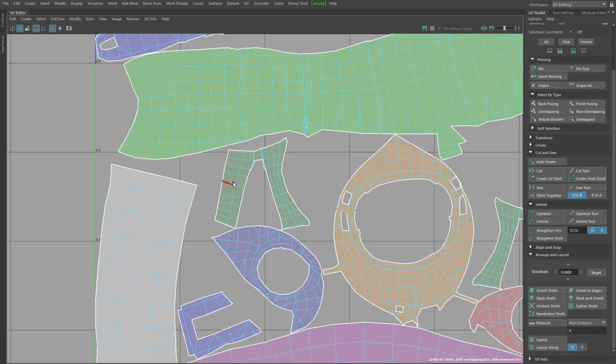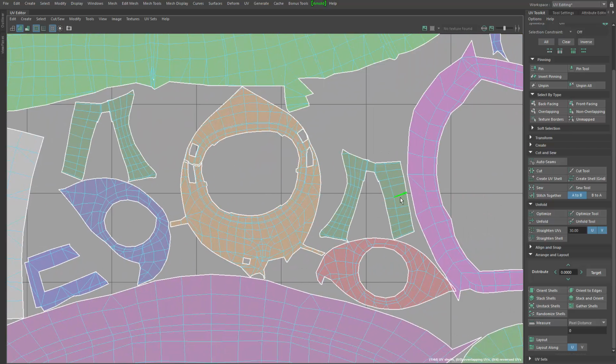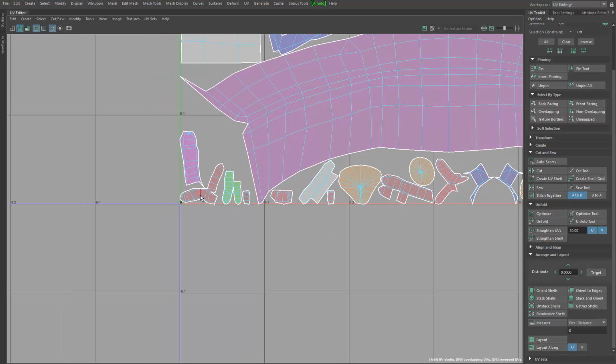Also, I have little arrows here, so I can just select this edge here and hit Shift S to sew these edges together. Shift S. We also have some funny pieces here. So when I go to the Move tool and in the shell selection, I can grab the shells and drag them around. So these have really funny